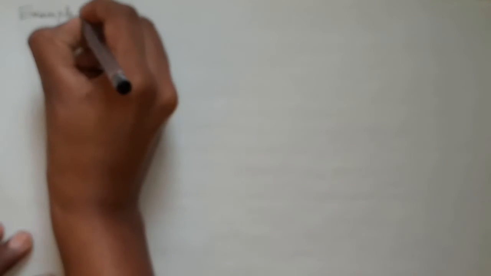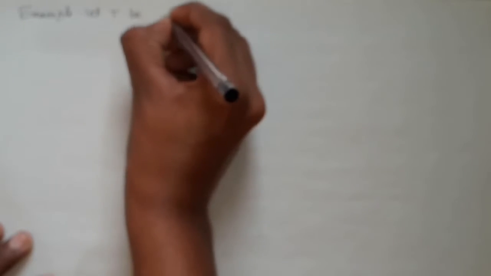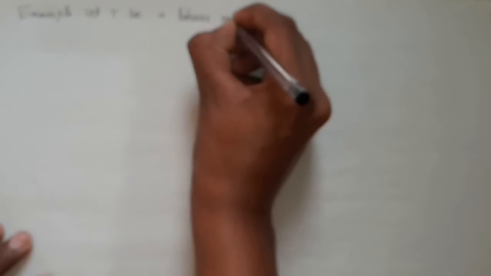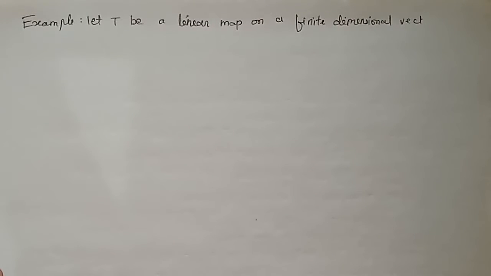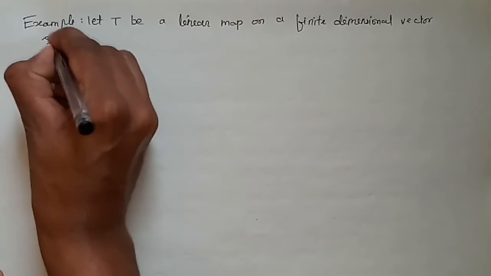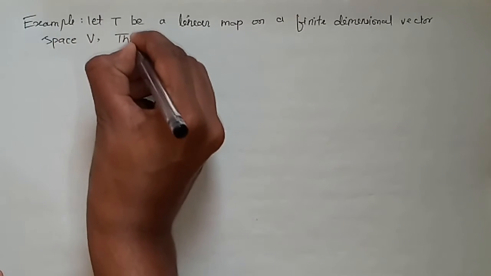Example, let T be a linear map on a finite dimensional vector space. We then prove that